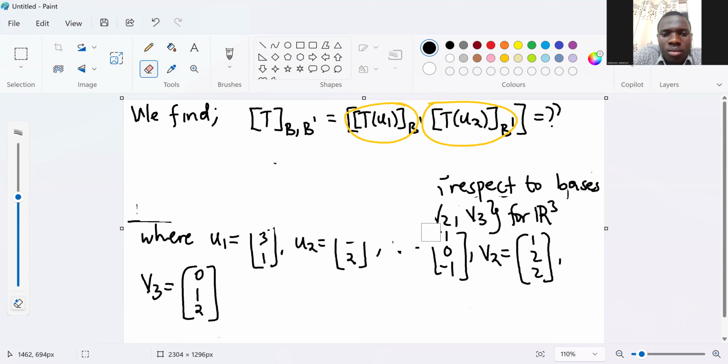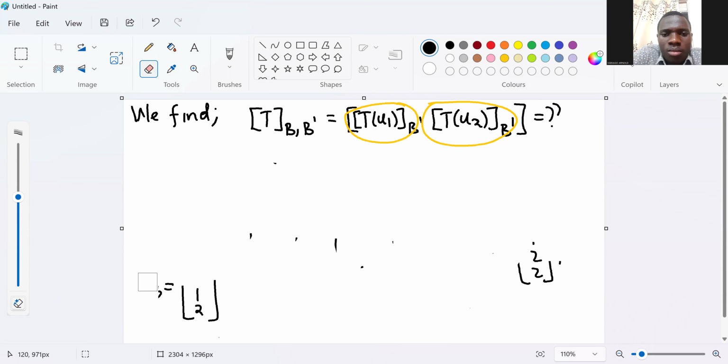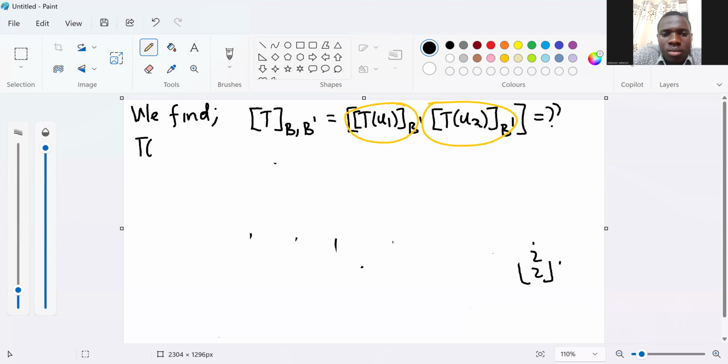So I know T, I know how T is defined. I also know how U1 looks like. Therefore,